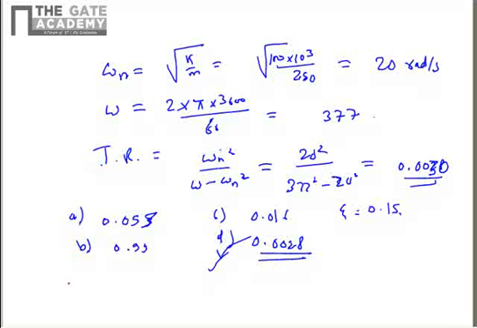So like that you have to be a little bit smart in solving the problem. If G is very small, you can take the formula for undamped case, and it is